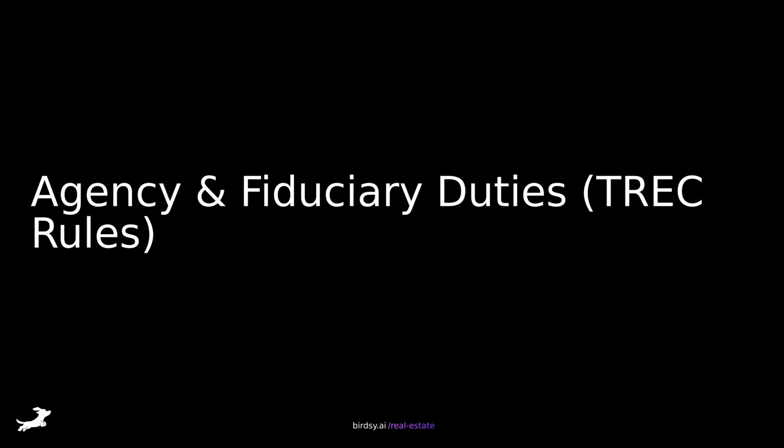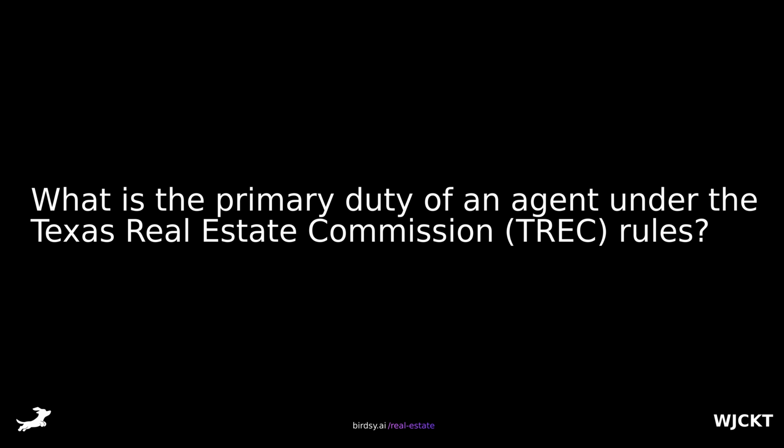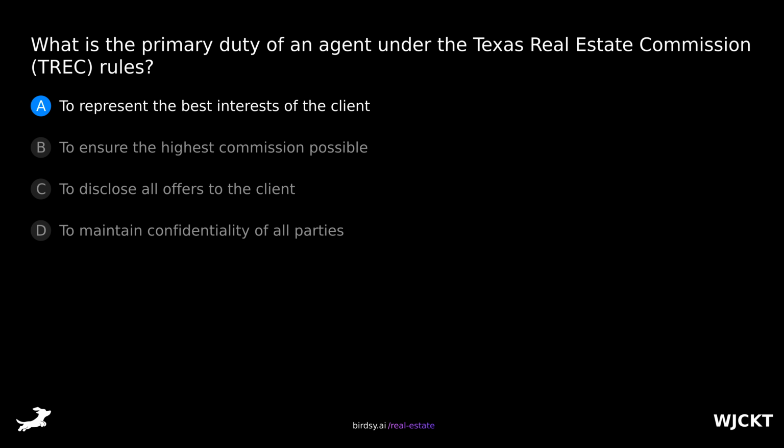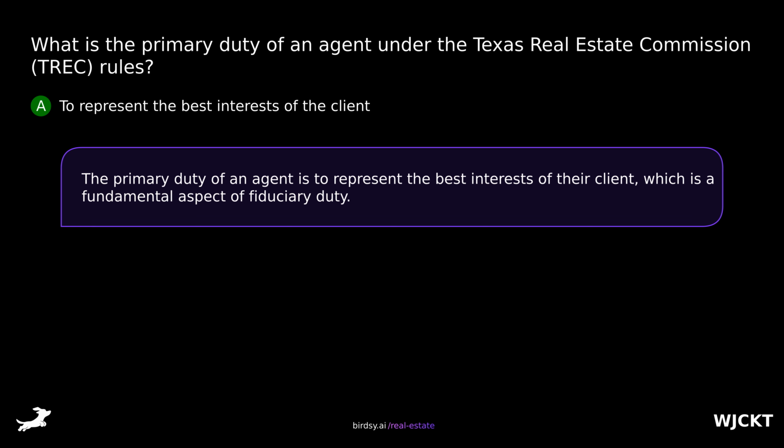Agency and fiduciary duties. What is the primary duty of an agent under the Texas Real Estate Commission rules? Is it A, to represent the best interests of the client, B, to ensure the highest commission possible, C, to disclose all offers to the client, or D, to maintain confidentiality of all parties? The answer is A, to represent the best interests of the client. The primary duty of an agent is to represent the best interests of their client, which is a fundamental aspect